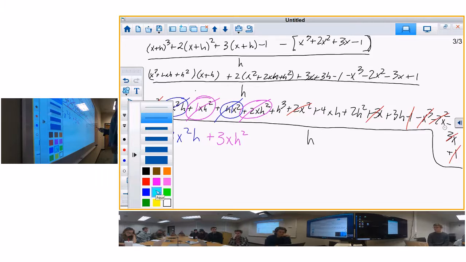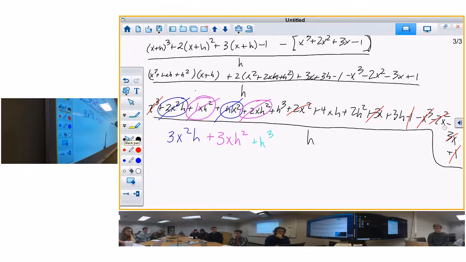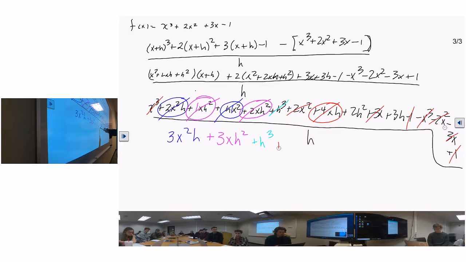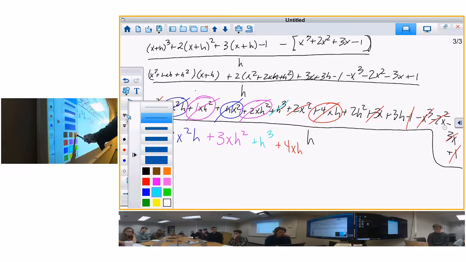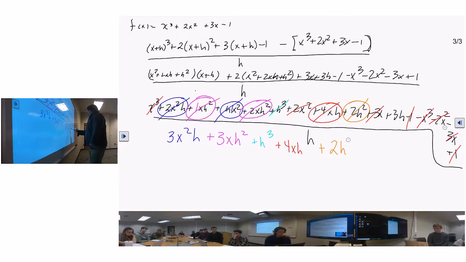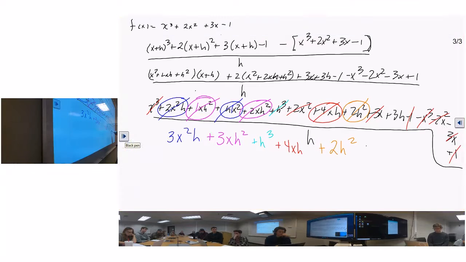Okay, h to the third. What else? That's h to the third. Let's see if there's a 4xh. Is there an xh anywhere? I don't see one. 4xh. And then what's left? 2h squared and 3h. Let's go with 2h squared plus 2h squared plus 3h. And I'll just do it in black. You should not have anything repeating